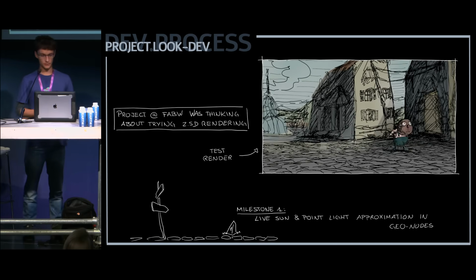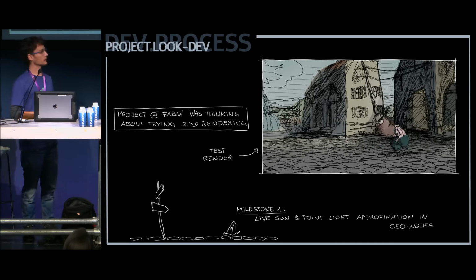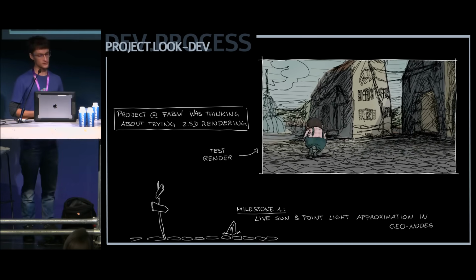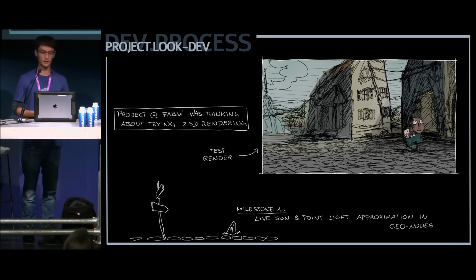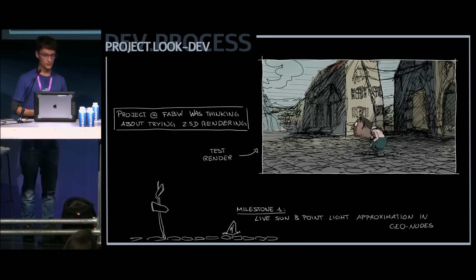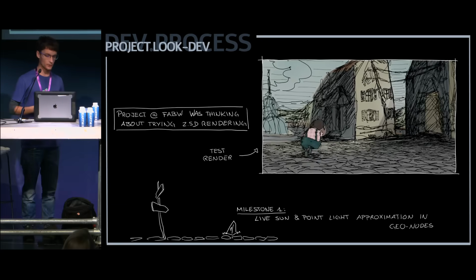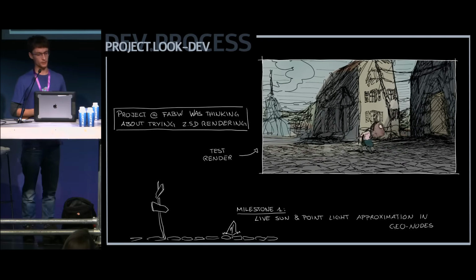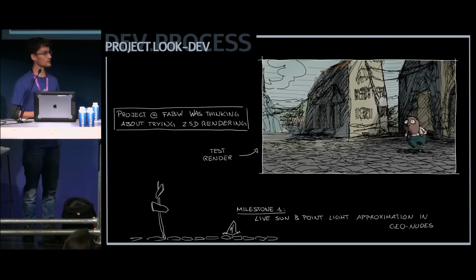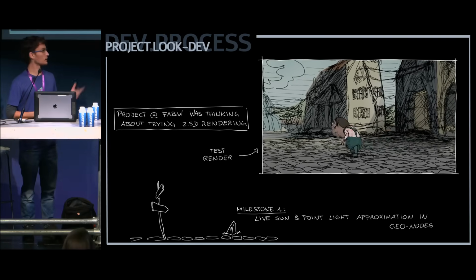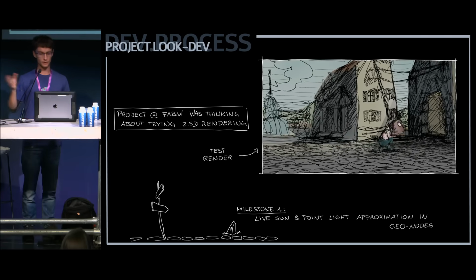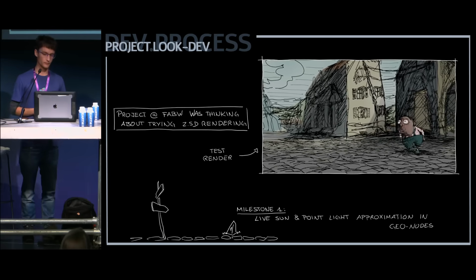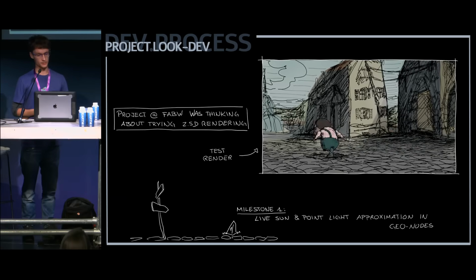Around that time, there was also a project at the Film Academy, a university that was interested in stylized rendering and wanted to do some test shots to figure out if they wanted to do a 2.5D production. So I did some quick renders. This is only important because it was the first time I built a path approximation in geometry nodes to be able to preview all the results in real time, so that the artist has